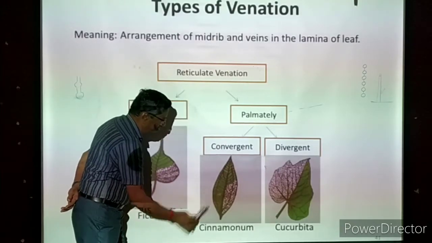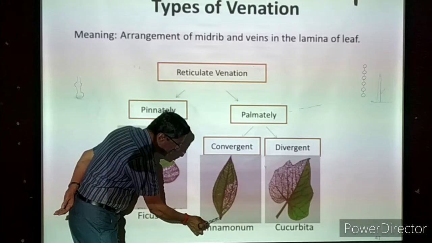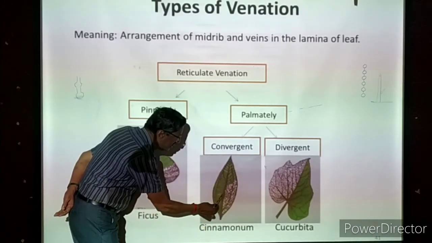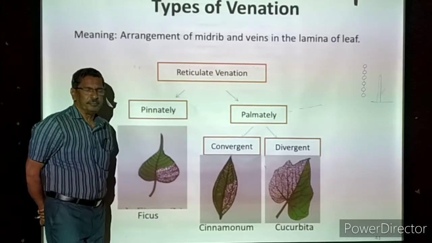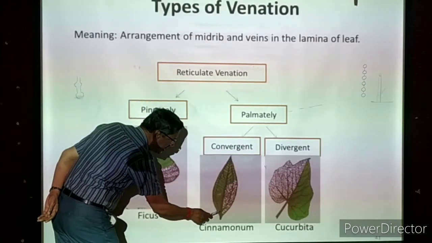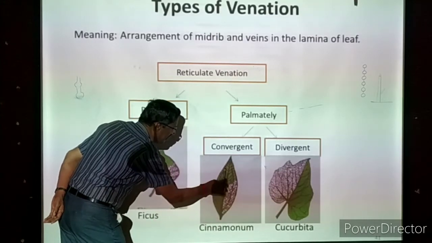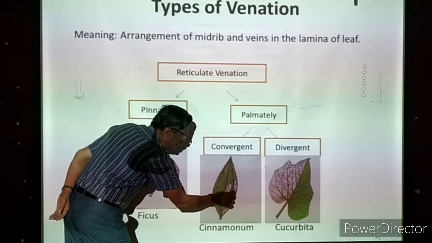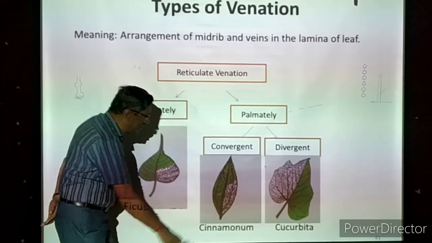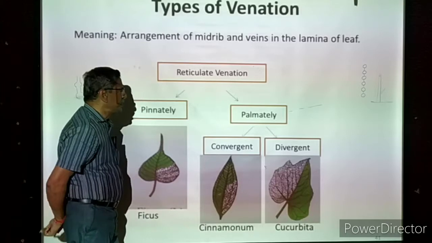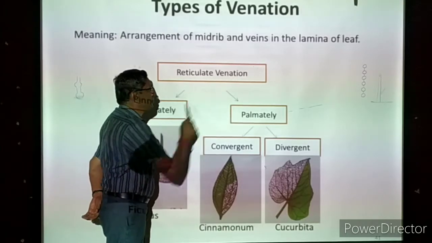Now this is the lamina. In this lamina, this is the stalk of the leaf. Now here the lamina is there. At the center, the midrib is present. That is the midrib. But all the main veins are arising from the base of the lamina. You see that? Here you can find a long vein, here one long vein, like that. Many long veins are arising from the base going up to the tip. So that is palmately.